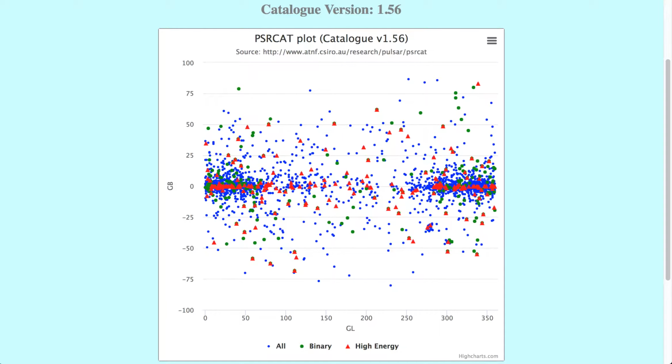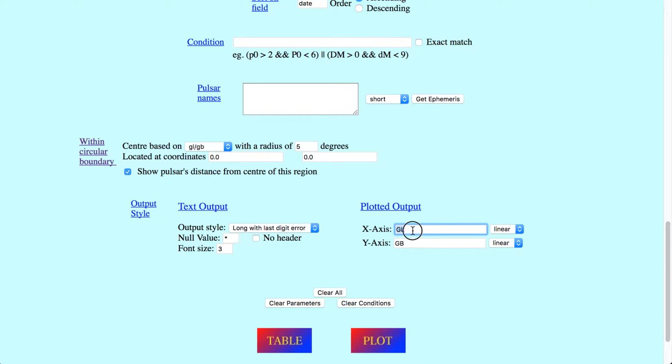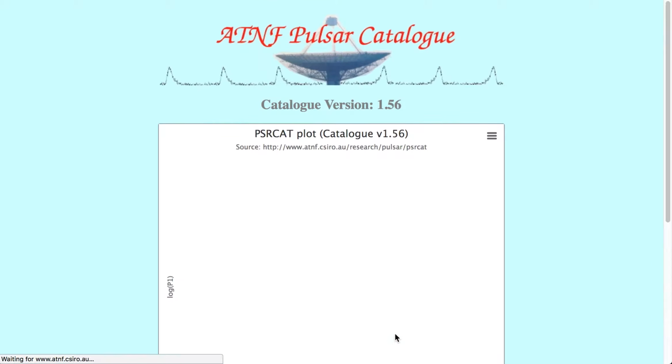Okay, one more plot, and this might be one you're all familiar with. So I'm going to plot on the x-axis spin period, a log x-axis, and period derivative on the y-axis, also in log space. And this is what we call the P-Pdot diagram. So if I plot this,